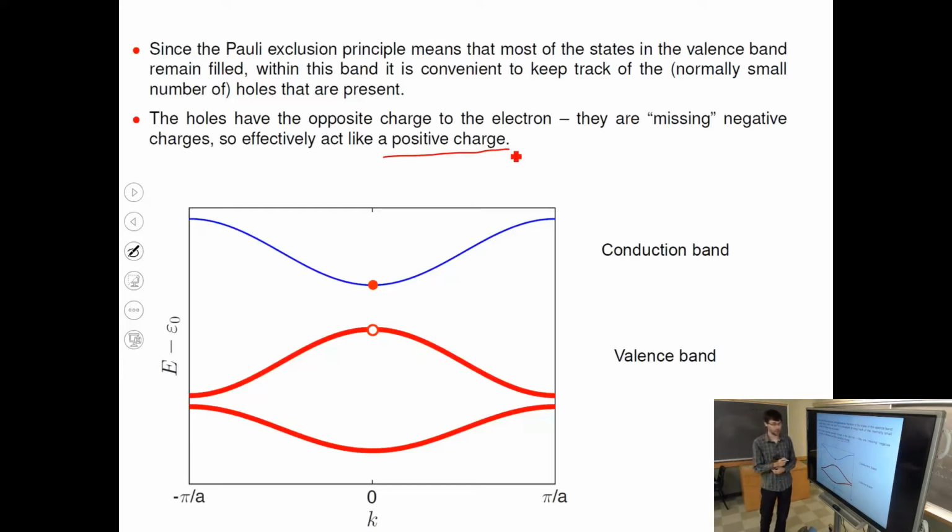How do you see that? It's a missing electron. There should be an electron there. A full band, we can say that's neutral because each atom has a nucleus and it donates electrons. So on average, that's a neutral situation. And now there is one electron missing in this band, so that's like a positive charge.